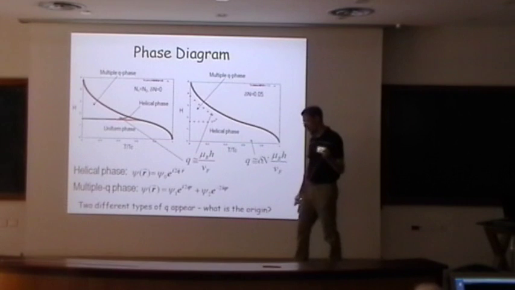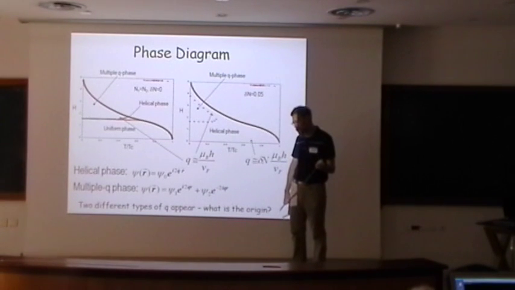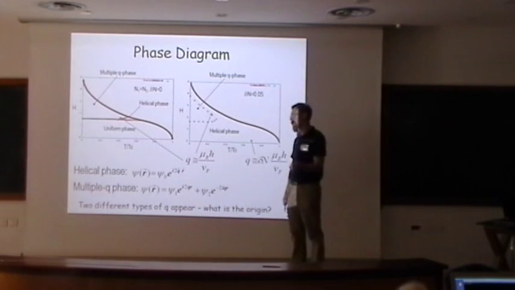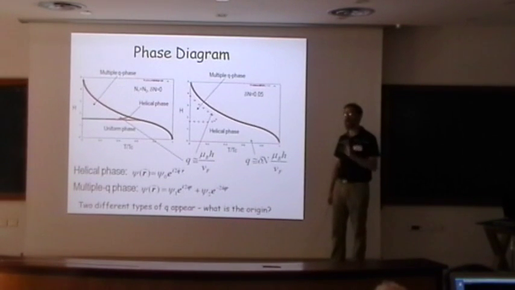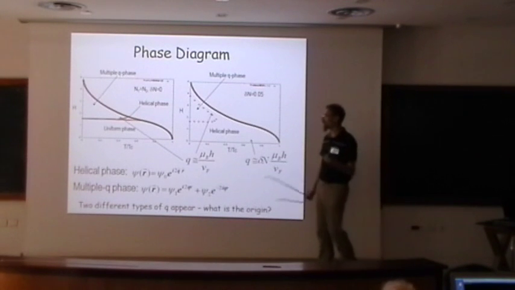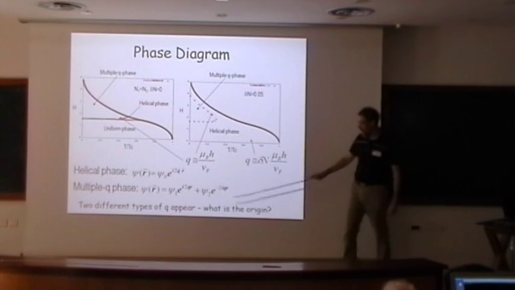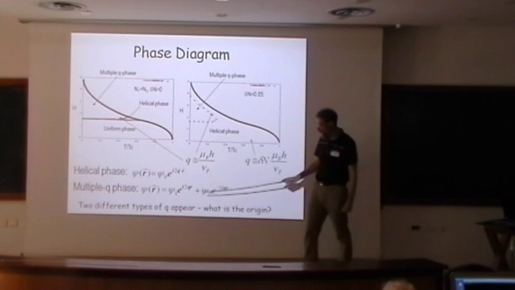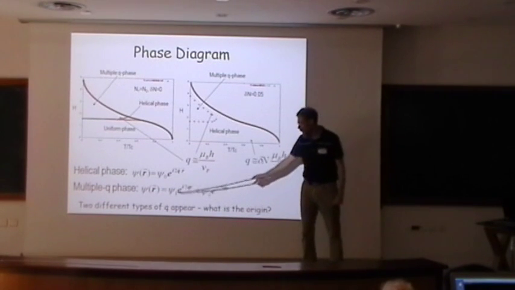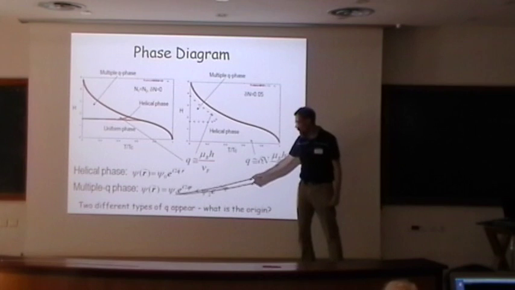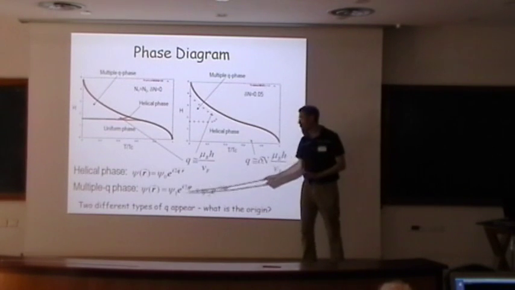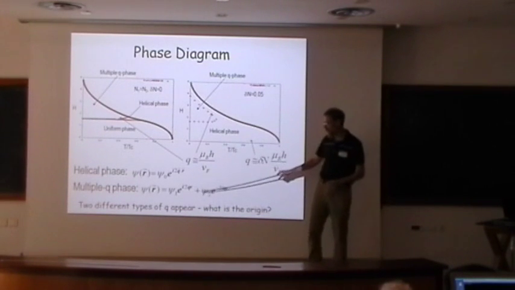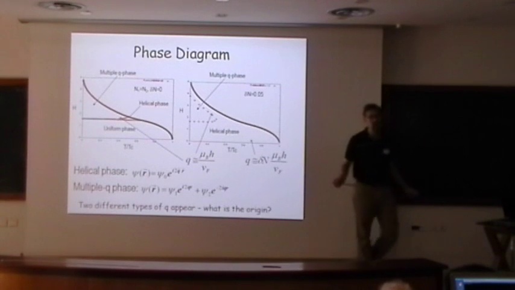I mean, to get fractional vorticity, you have to break time reversal symmetry in some way, and so in fact you can get fractions other than 1/2 of the flux quantum. It turns out this phase actually breaks time reversal symmetry once the two components psi 1 and psi 2 are not the same magnitude. If they're the same magnitude, then I just get a cosine of QR, and that's purely real, and so that doesn't break time reversal symmetry. But if I have them at different magnitudes, then I will not be able to go back to the same factor under a complex conjugation.